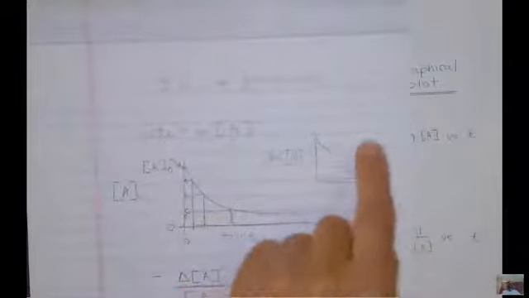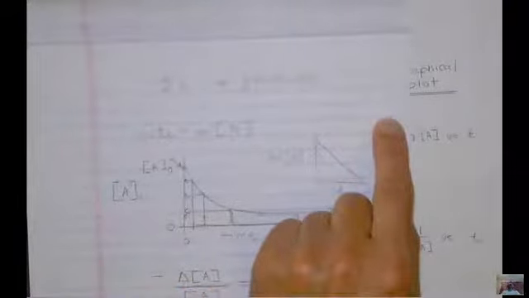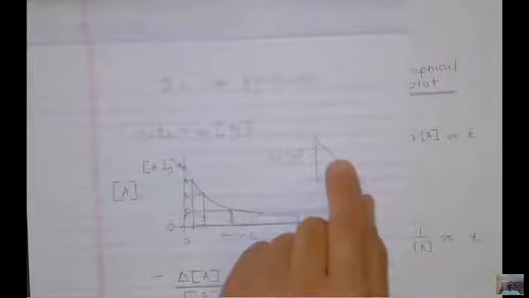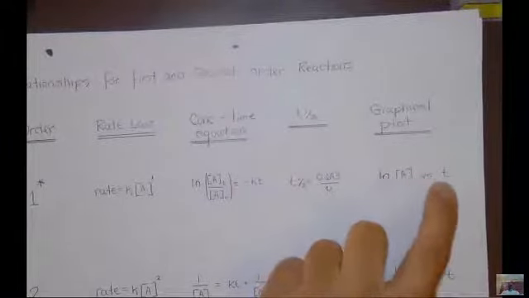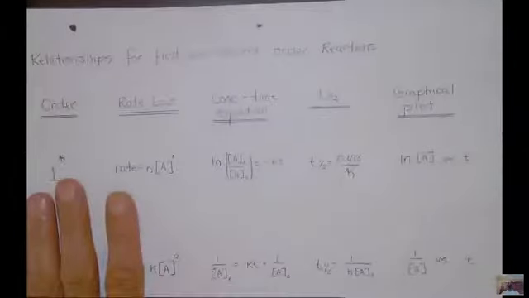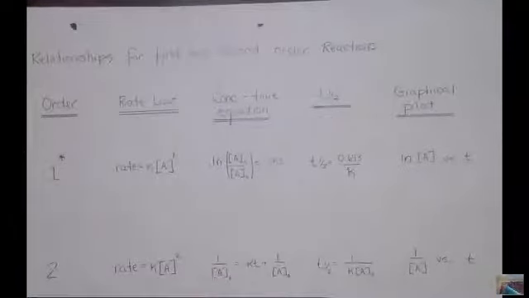If A was a product, it would just go up. And the slope of this line is equal to the rate constant. So the graph, you do have to know this, the natural log of A versus t will give you a straight line. If you have a second order reaction, it looks like this,